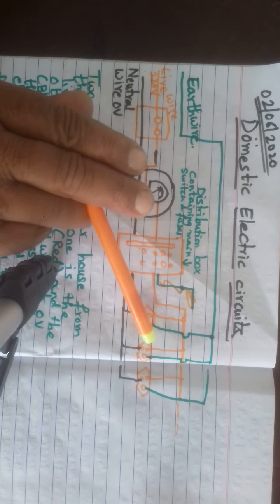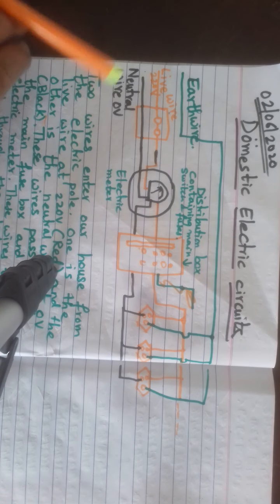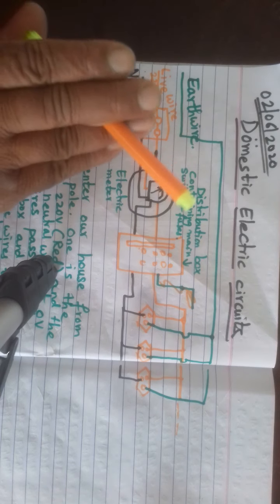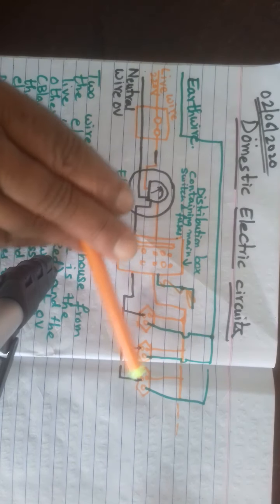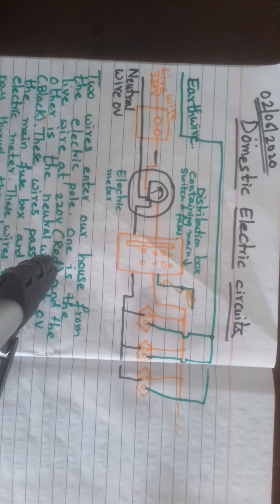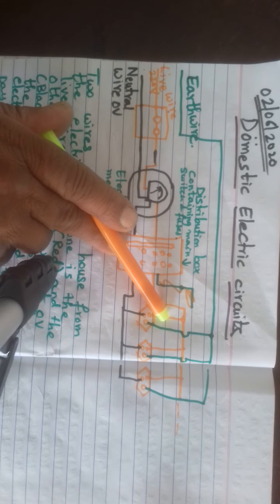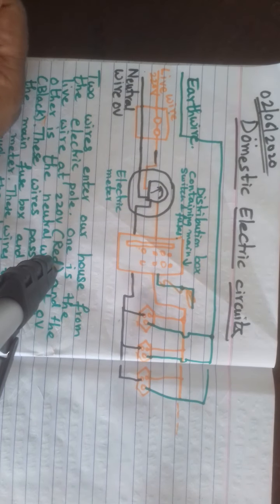And you can see all these gadgets are connected in parallel. What is parallel connection? Gadgets or appliances are said to be connected in parallel if they are connected between the two common points. You can see these same common points. All these three gadgets, I have shown here only 3 pins. You can have many also. Like in each and every room, all the gadgets are connected in parallel. And the main advantage of connecting in parallel is that each appliance can be operated independently through a different switch.